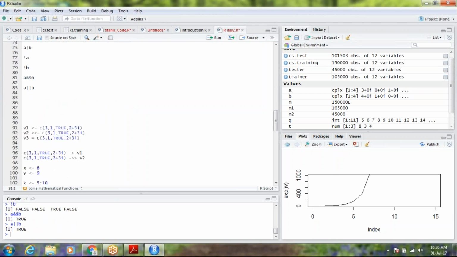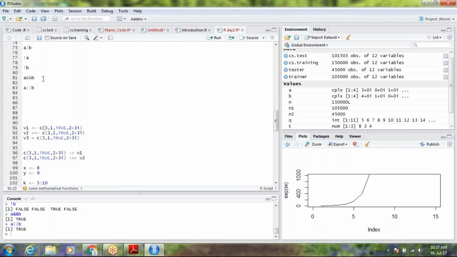Let us take some more examples. So this is actually a kind of operator. Regarding operators, I also have mentioned in the last class. So this is the most used convention for assigning the value of the variable in R. So you can assign it like this. V1 would be